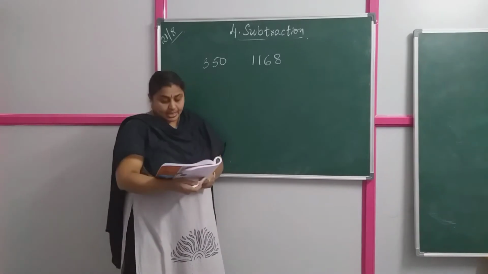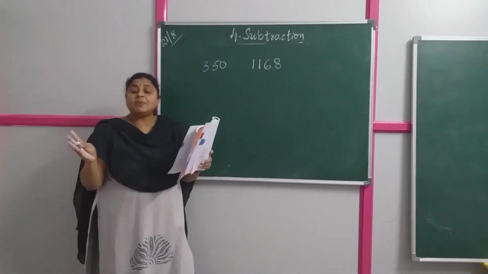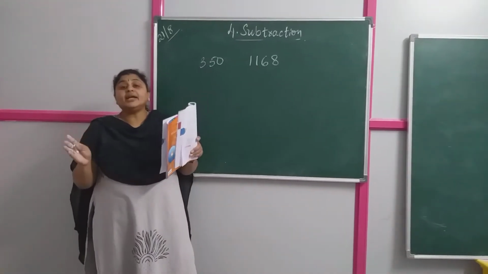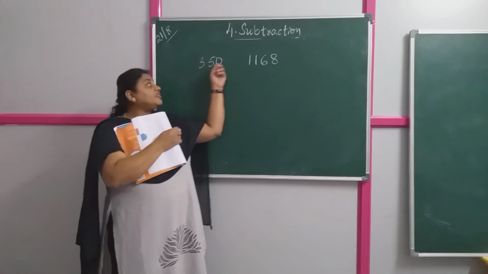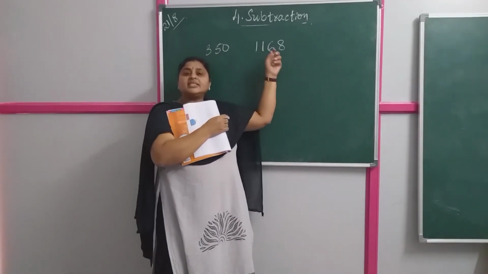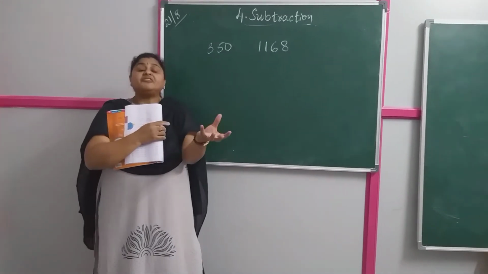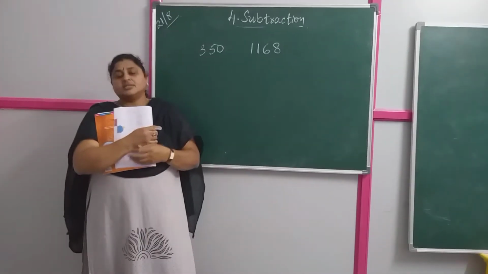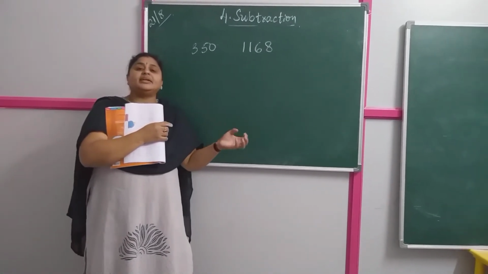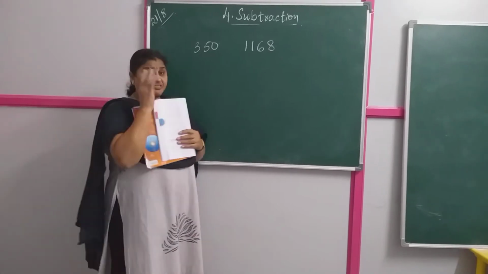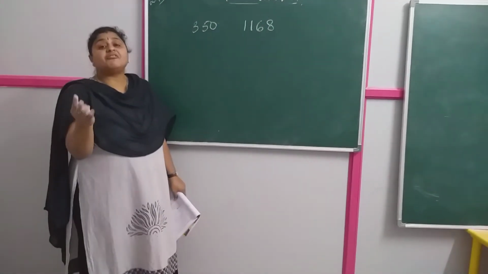Okay, and next, there is a place for 2000 cars, meaning that parking place can accommodate 2000 cars. After 350 and 1168 cars have come, there is still space left for more cars. Now you need to check how many cars can still be accommodated in that parking place. So first, we have to add how many cars have come so far.